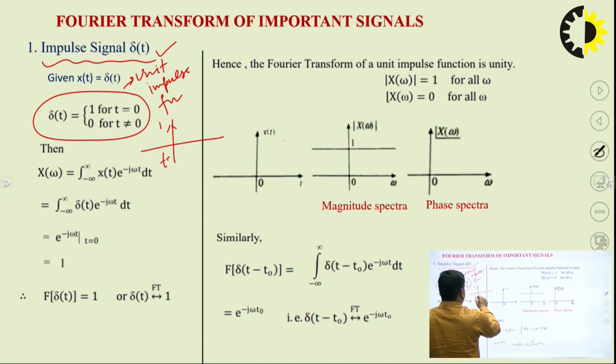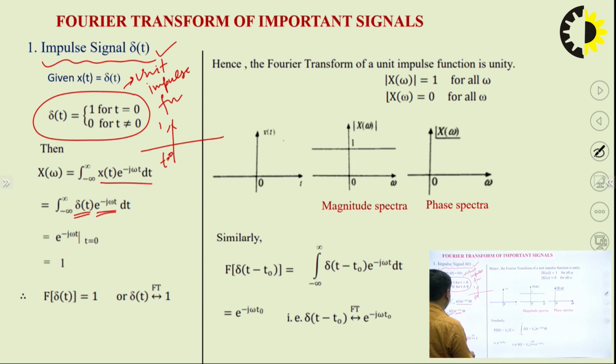At t equal to 0, the value of delta(t) is 1, and it becomes 0 at the rest of the values. So when we define X(omega) as the integral from minus infinity to infinity of x(t) e^(minus j omega t) dt, the value of x(t) becomes 1 into delta(t), so 1 e^(minus j omega t),